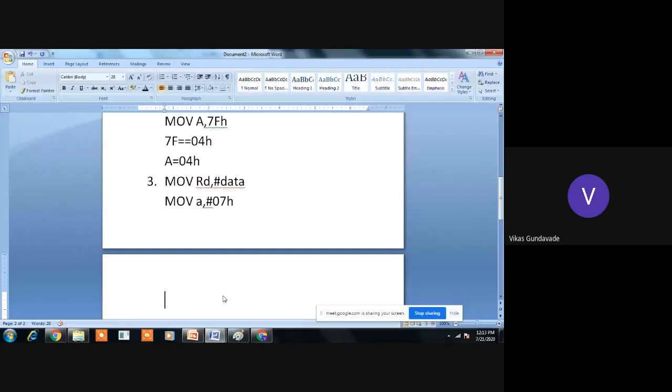The 07, that is the immediate value, will get transferred into the accumulator. Okay. So here, if the hash is not present, 07 will be treated as an address, but as it has the hash symbol, it means the value is an immediate value and that will get transferred into the accumulator. Okay, everybody is getting it?